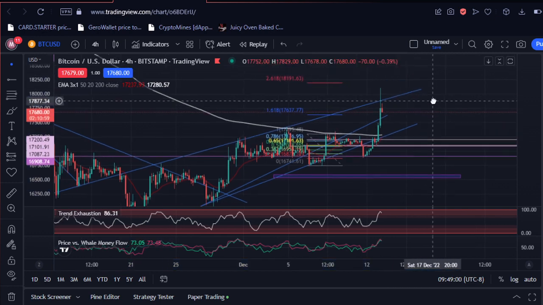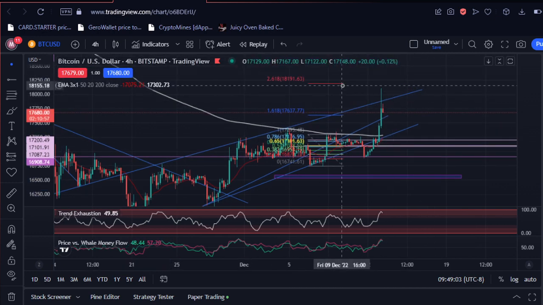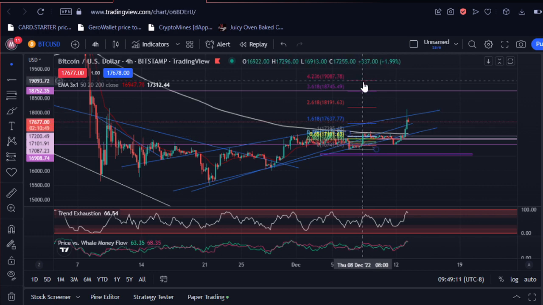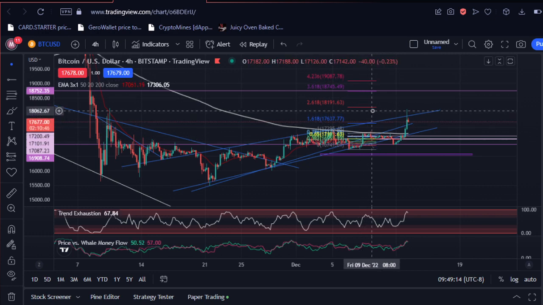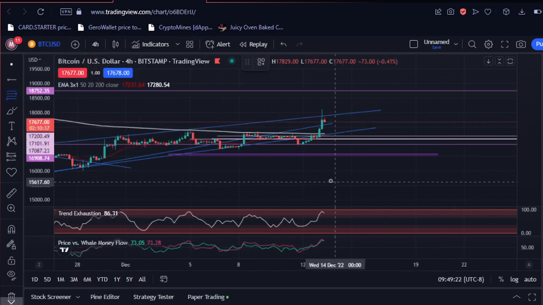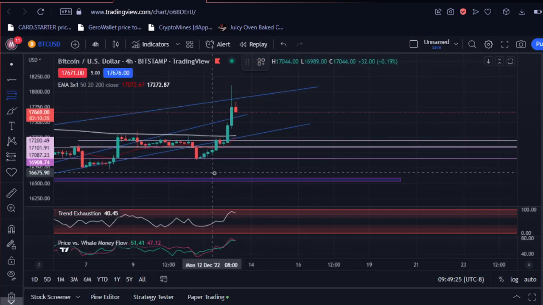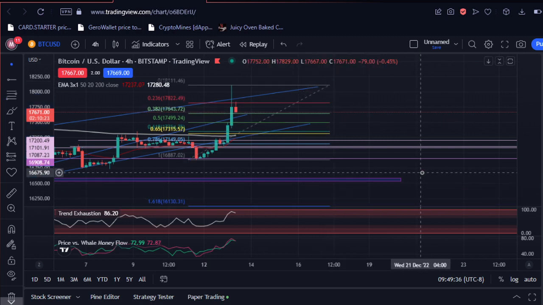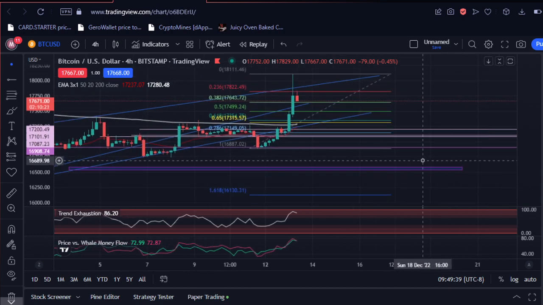So as we could see, we did bounce off of this, and we also did hit the 2618 level on the Fibonacci. Now we broke out up from this little pullback that I have, so I can't really be looking at this. That's why I make it so small. I don't want to look at this much anymore because it's practically invalidated. So we can pull out a fib retracement and go from the bottom of this move to the top of this move to see where we stand as far as the downside,